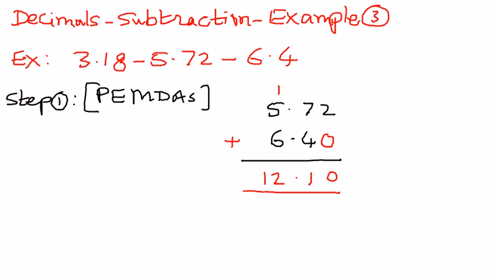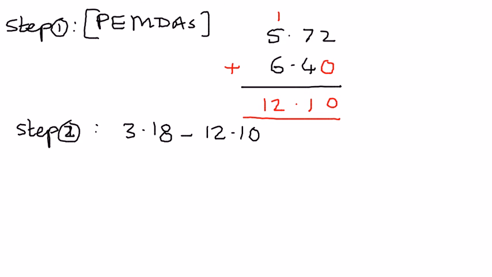And now in step 2, we can come back and write this as 3.18 minus 12.12, and that is what we have. This is the way we want to understand this process. Now 3.18 is a positive number, and 12.12 is a negative number. Since 12.12 is a larger negative value when compared to 3.18, we're going to perform the subtraction